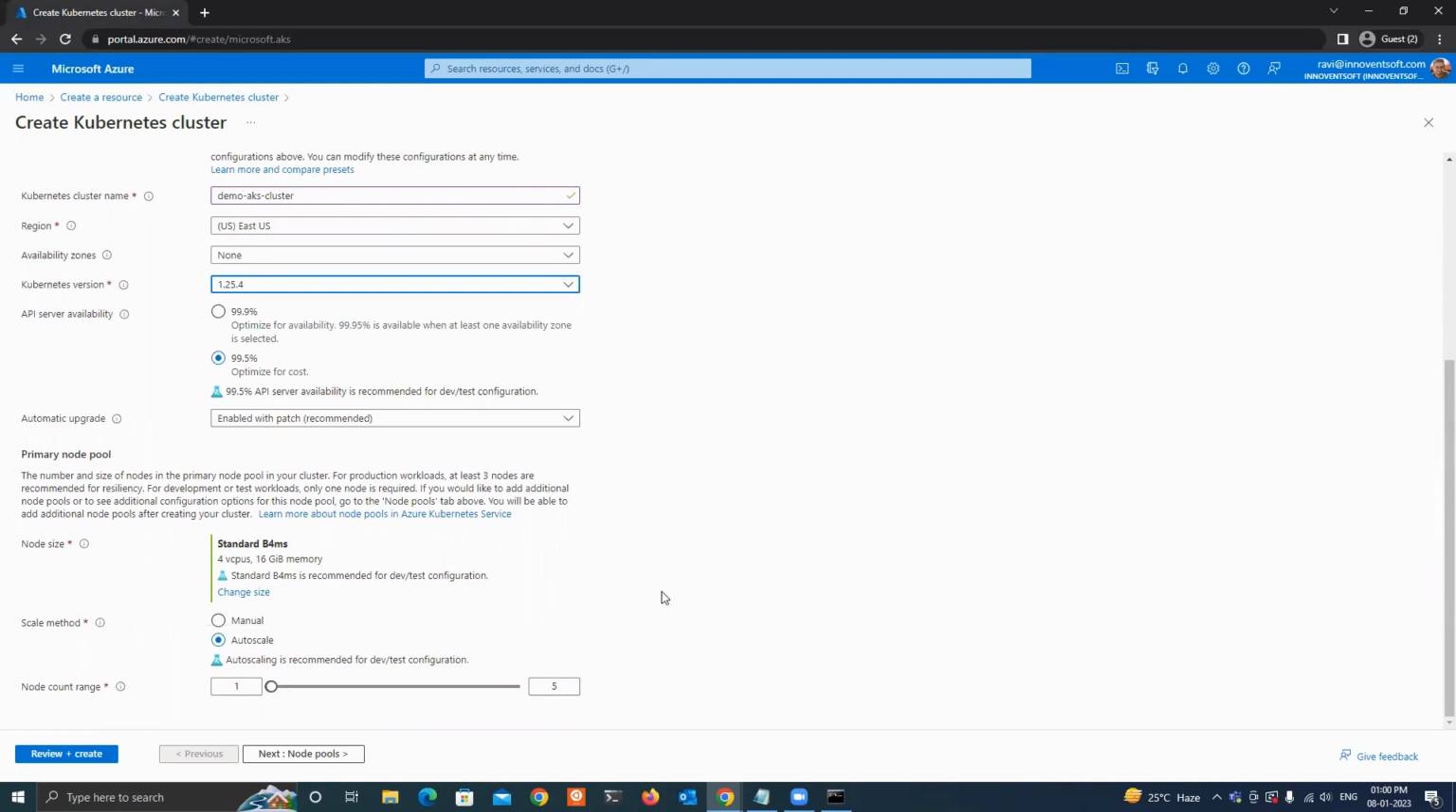A node is basically a machine, a virtual machine connected to the cluster, on which the pods, the actual workloads, run. So we can select what node types and how many nodes we want, and that can be configured here. So if we click on size,